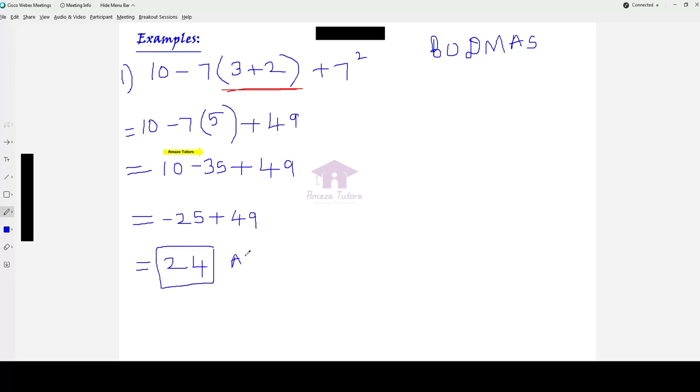This is the answer. I hope you understand how to apply the order of operations one by one. Because following the correct order is important to get the correct answer. If you had followed a different order while performing this question, you may go wrong with the steps as well as with the final answer. So we need to be very careful in performing the correct order. BODMAS or PEMDAS.